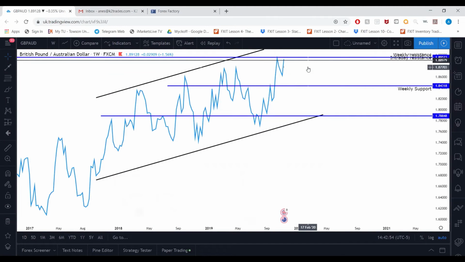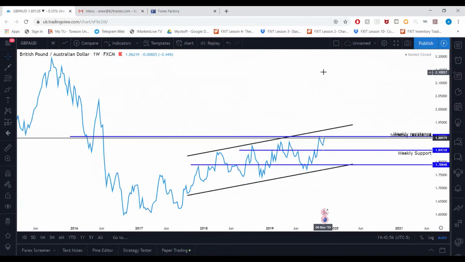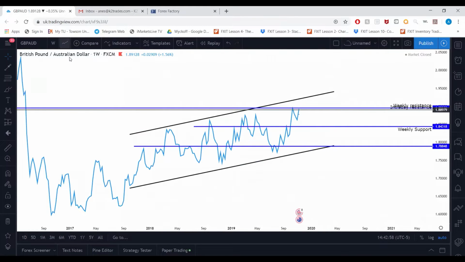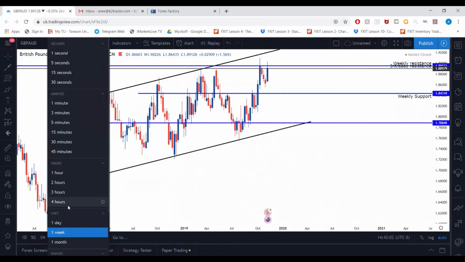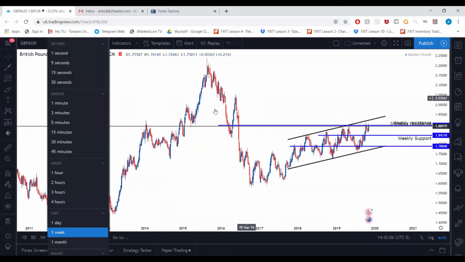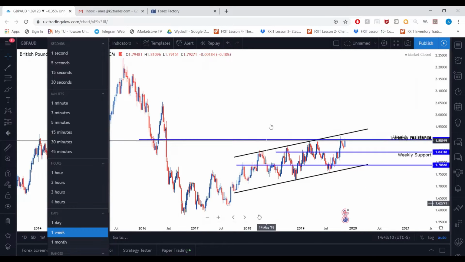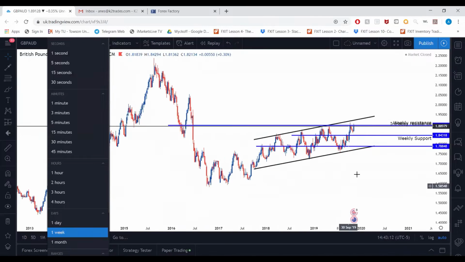So I'm just gonna remove that. And yeah, actually this is coming to a possible nice sell opportunity. Overall, it's creating a big correction off of this whole bearish market. So it's making higher lows